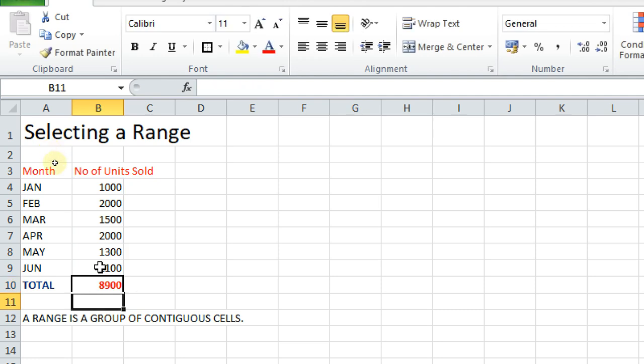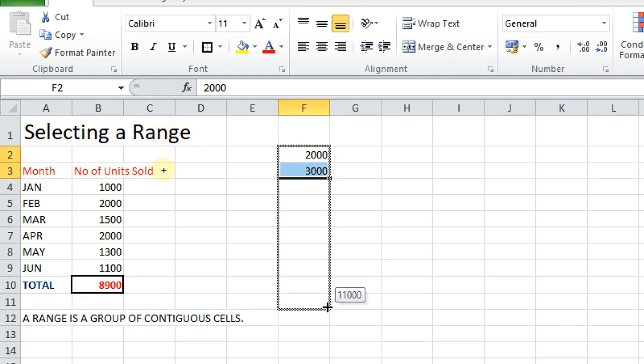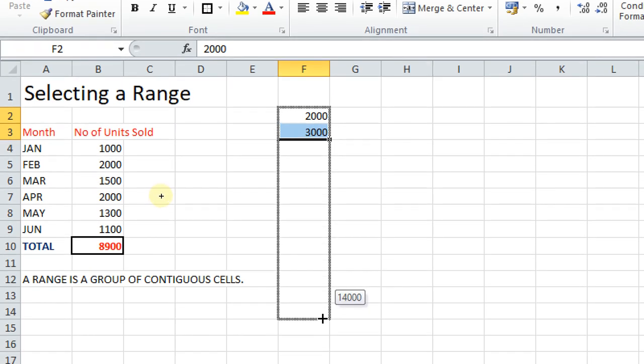Okay, in this way I can have these numbers. One more example I can give you. For example, here let it be any numbers I am taking. 2000, I'll take 3000, and then I'll select both, and then I'll drag it down. It increases, meaning any fictitious numbers I'm taking. Let it be like this.